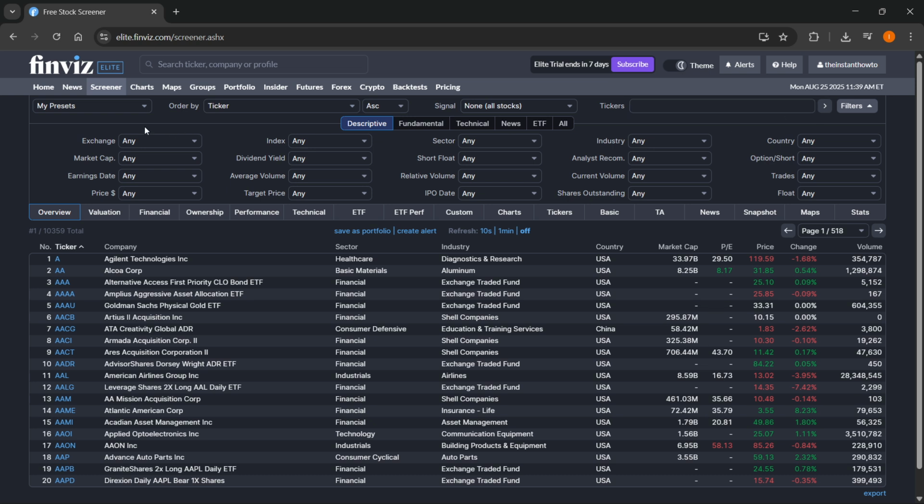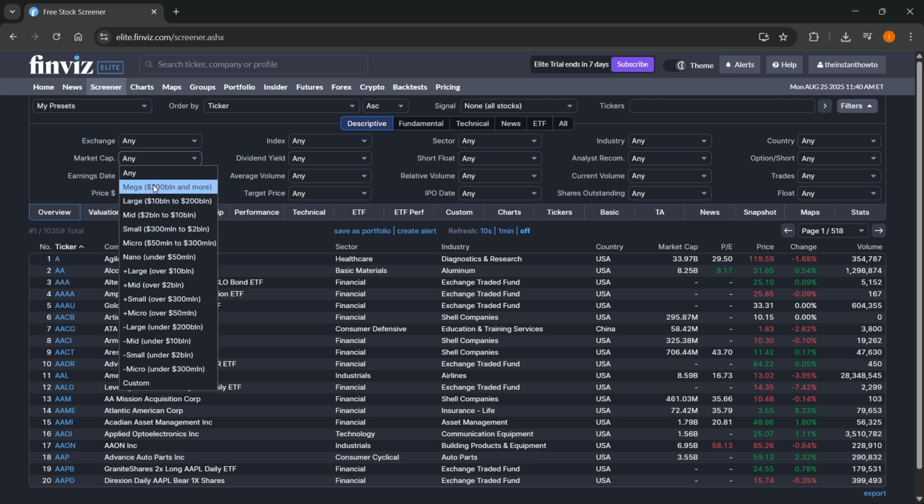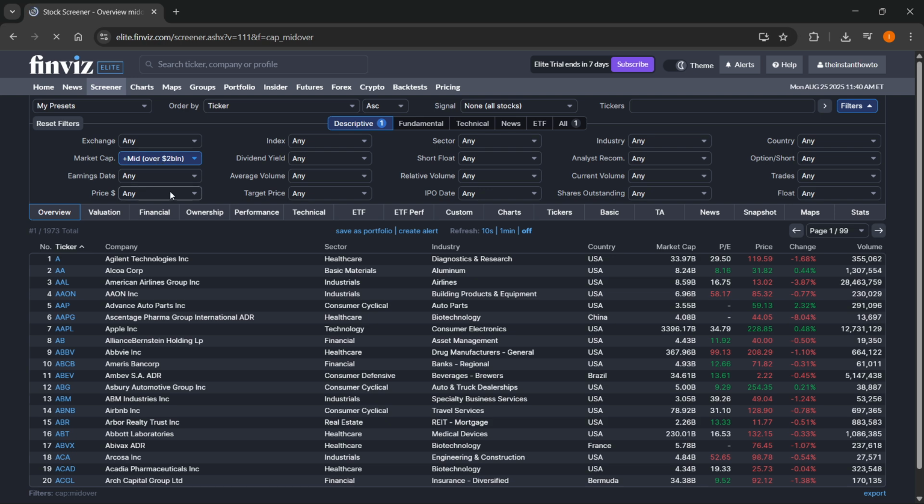You can then set your signals if you want to and look for different tickers. And down here you have the main filters. So here you have descriptive, fundamental, technical, and news, ETF, and all. So these are the filters over here. You can basically just put in whatever you want. So let's say I am looking for a kind of a mid-size, let's say, different things over here, and then